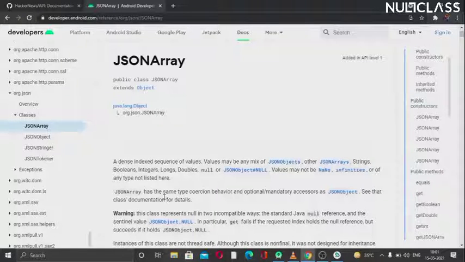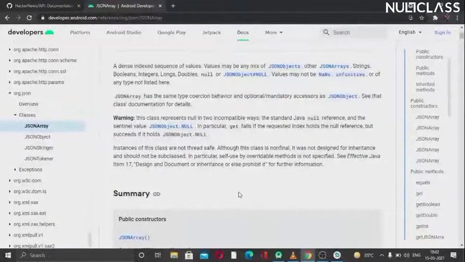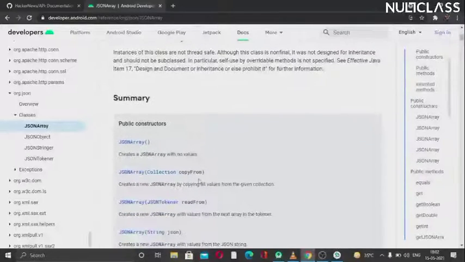We want an array which will contain 20 news items, initially we will set the number as 20, and the benefit is that after that we can increase that number. These instances of this class are not threaded, that's not what we are going to use. These are some constructors here.